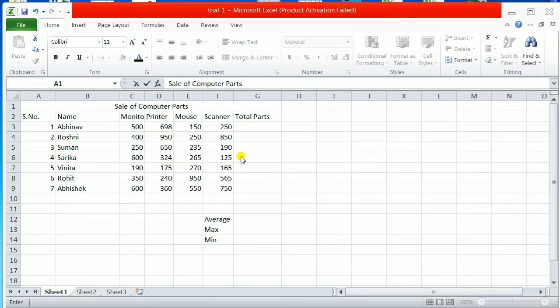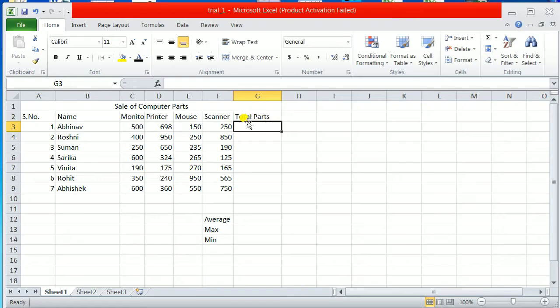What calculation are we going to do here? Why are we going to use functions here? Which kind of function are we going to use here? First of all, we will learn formulas. How to create a formula? Any formula begins with an equal to sign. So first place your pointer where you want to get the result. So this is my active cell where I want to store my result.